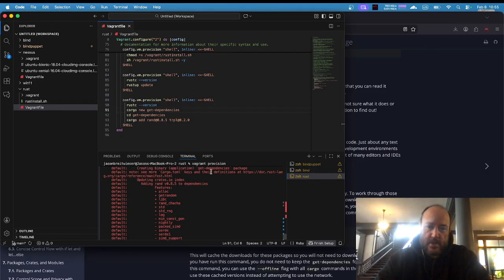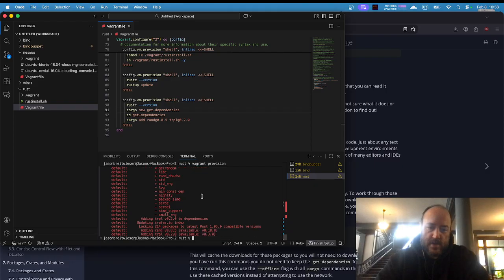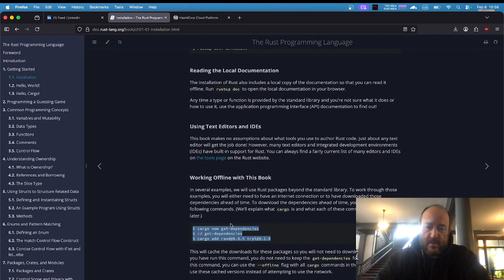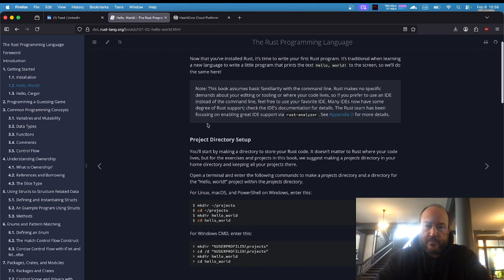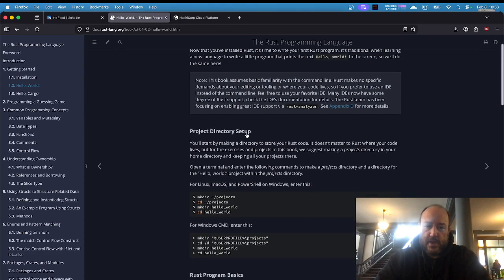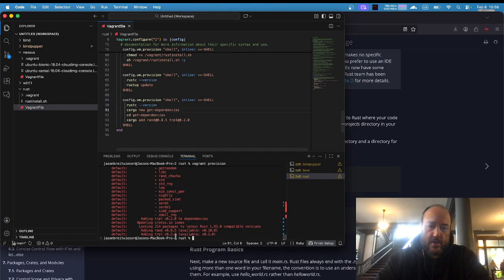Creating binary application, get-dependencies package, updating crates, and grand, a bunch of stuff. Cool. Okay, so you will cache. We can use the offline flag for all commands. So let's get to a hello world. Let's go ahead and